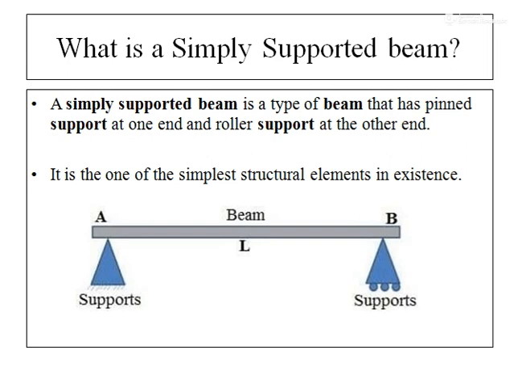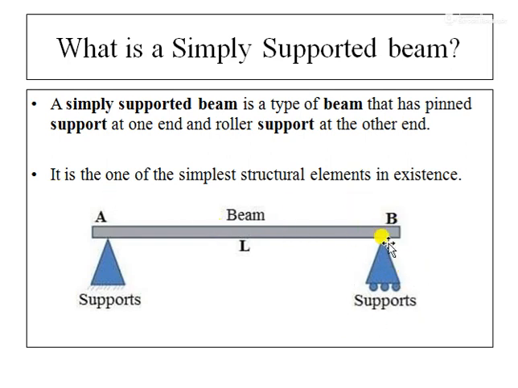Since the practical is going to be completely based on a simply supported beam, or a simple beam, we will see what it is. A simply supported beam is that type of beam that has a pinned support at one end and a roller support at the other end. As I was discussing before, there are different types of support, and the supports lie at the end sides of the beam.